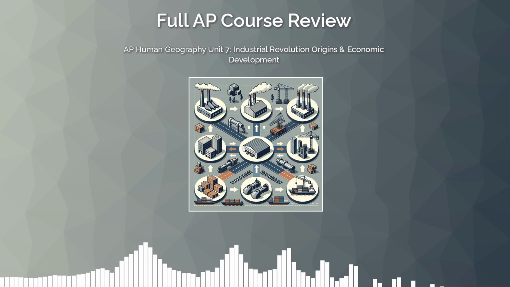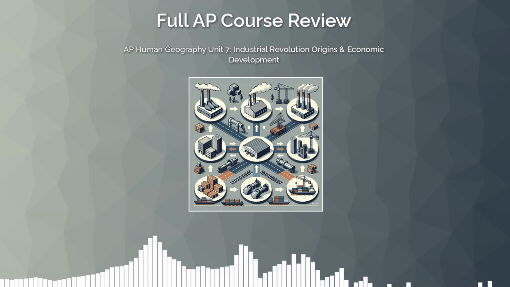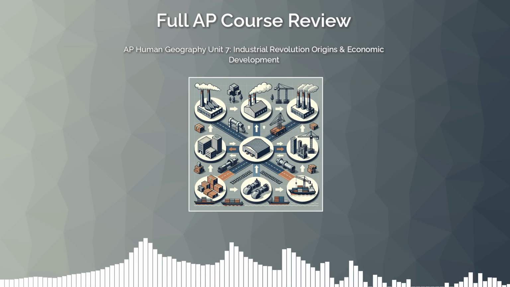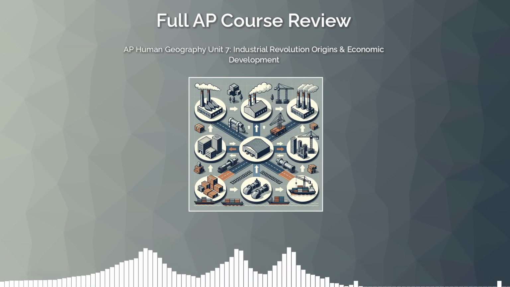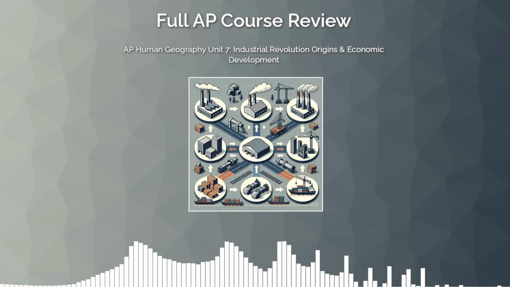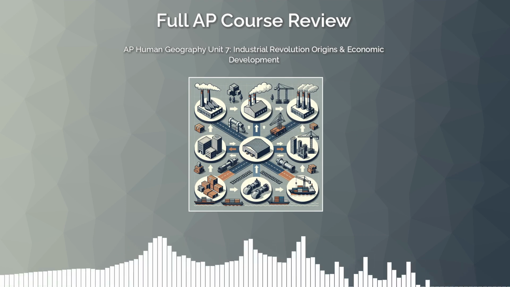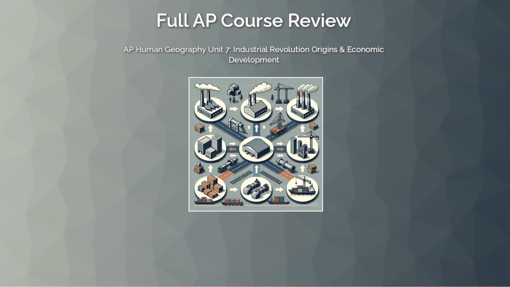Why post-industrialism happens. Deindustrialization. The force that drives post-industrial transition is called deindustrialization, the decline of manufacturing employment as a share of total employment. This happens for a few interconnected reasons. First, technological automation means factories can produce more with fewer workers. Second, and critically for AP Human Geography, globalization allows manufacturing to relocate to regions with lower labor costs,